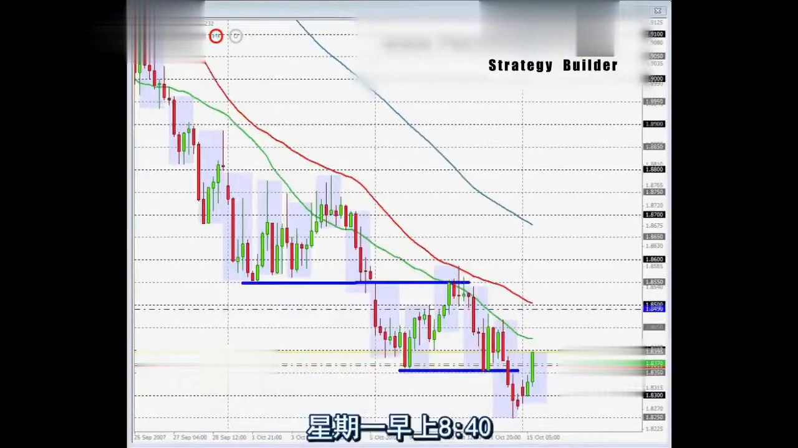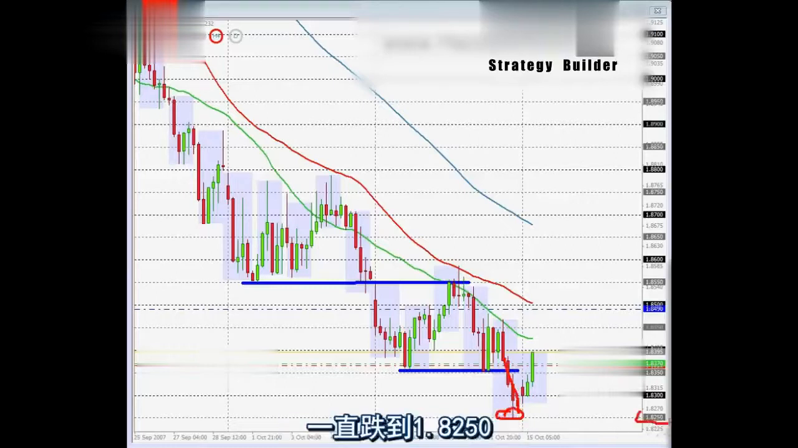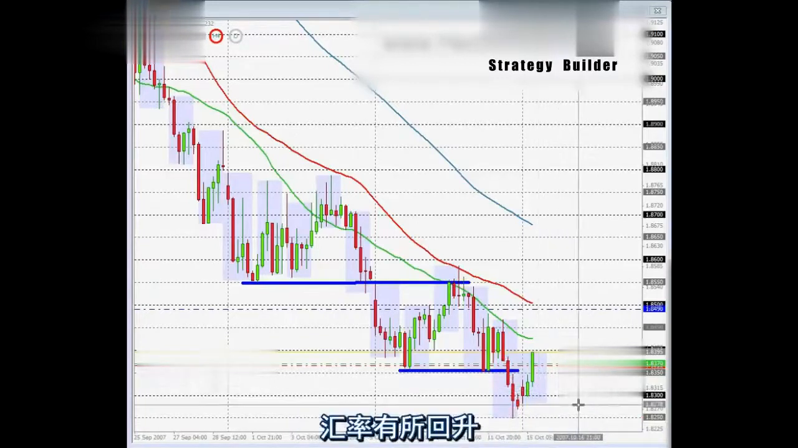Hi guys, this is Hector. It's Monday, 40 minutes past 8 a.m. London time. If you remember, last Thursday I triggered a short entry on the euro against the New Zealand dollar of the 4 hours time frame. Price Friday went all the way down to 182.50, but it seems like it's retracing back up hard as the markets have opened for today,